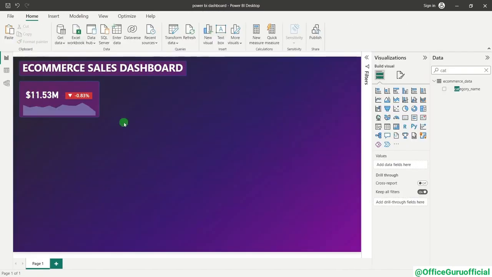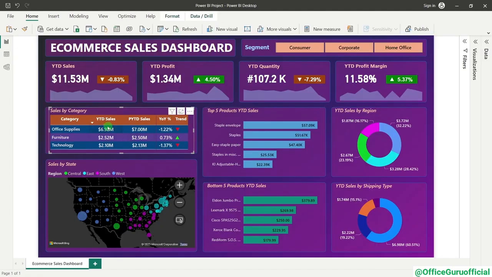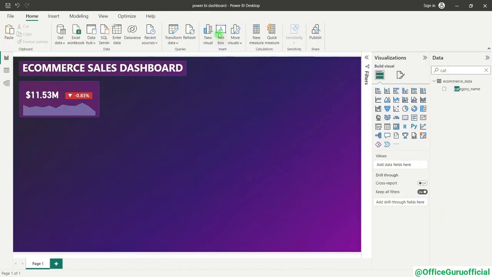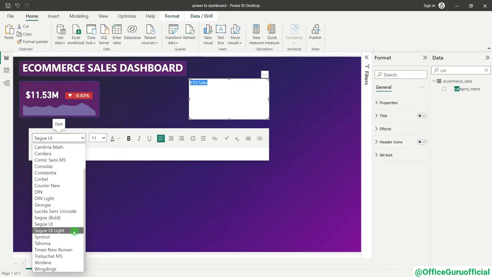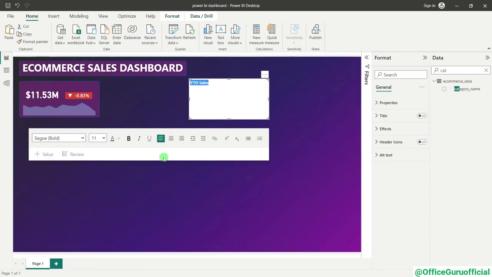All right, so now next what we have to do is add a title. To add a title, we have to add this year to date sales title. So I will create a text box and name it year to date sales. Select this and take it as 11. Select this complete text first, then take it at 11, then make it Segoe bold, and now we will